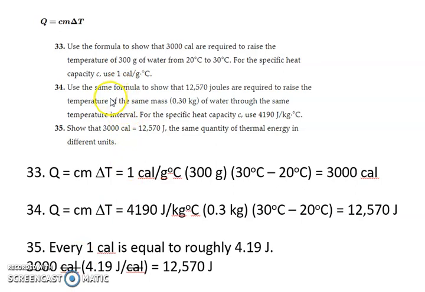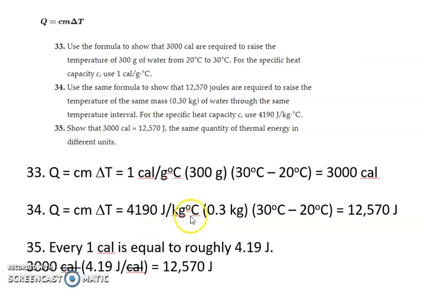We're asked to use the same formula for problem 34 and show that 12,570 joules are required to raise the temperature of the same mass, but this time in kilograms, of water through the same temperature interval. For the specific heat capacity, we use specific heat value C equals 4190 joules per kilogram degree Celsius. So we use the same equation, Q equals Cm delta T, but this time we use